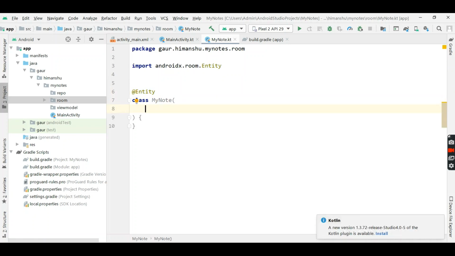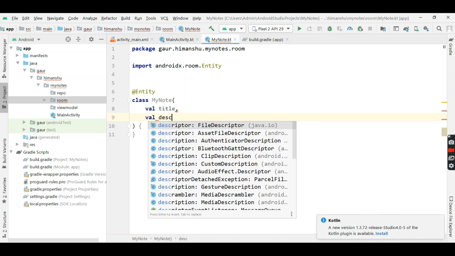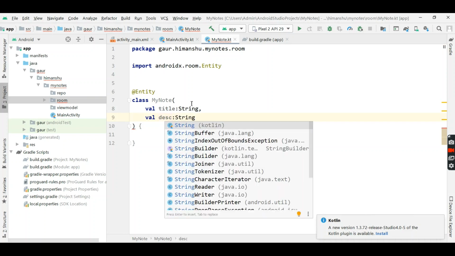And we have two variables. One is our title and another is our description. Sorry, here I forgot the type. So title is String and description is also String type.